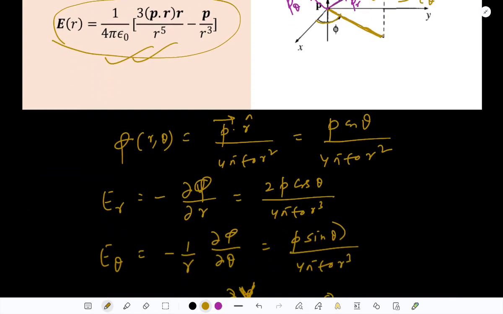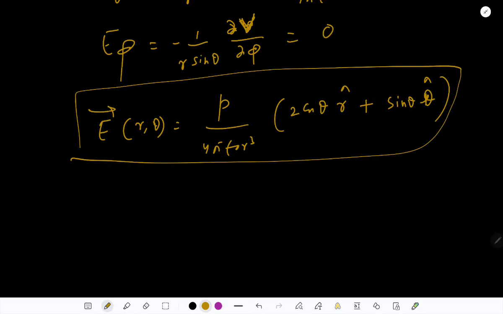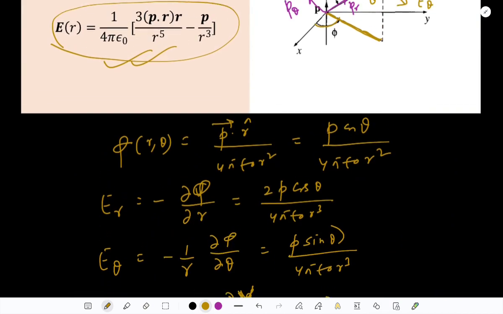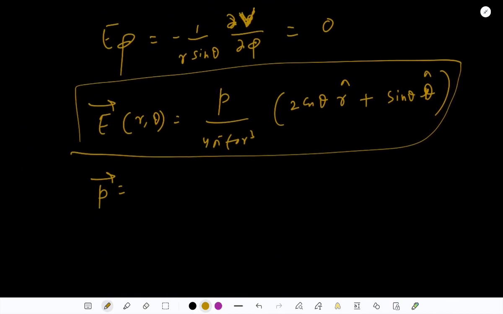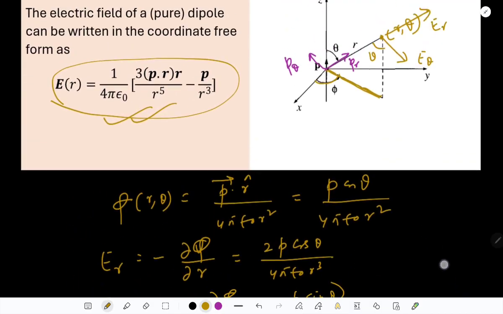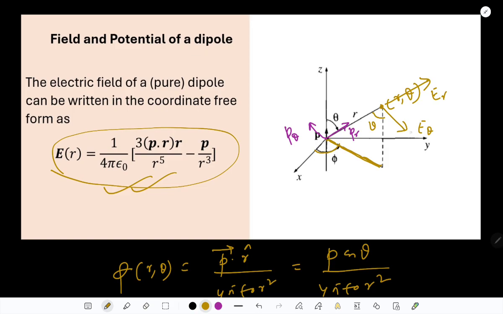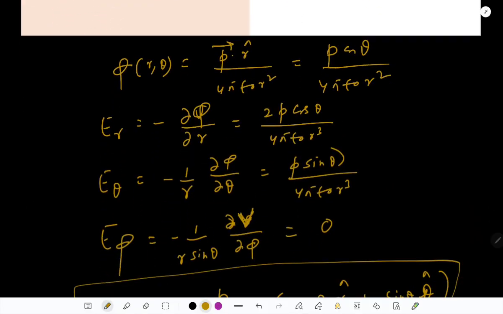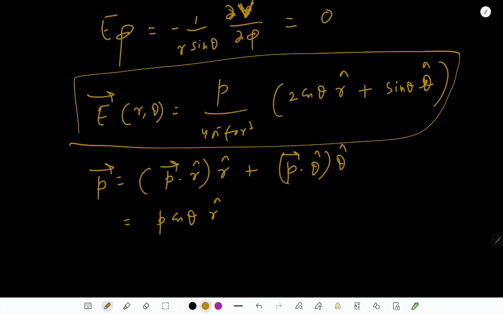Since vector p can be written in general in terms of its radial and transverse components as p equal to the radial component of p in the radial direction plus the transverse component of p in the transverse direction, and p dot unit vector r is simply p cos theta, and this is p theta, and unit vector theta will be in this direction, so these are in opposite directions, but p dot theta is simply p sin theta,